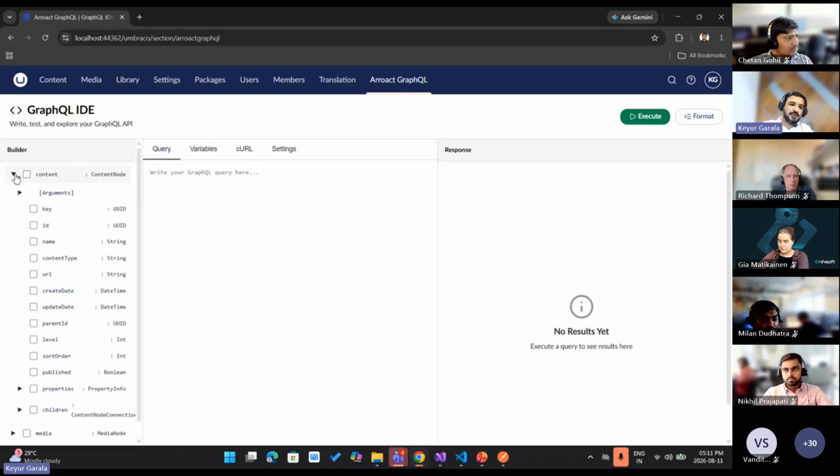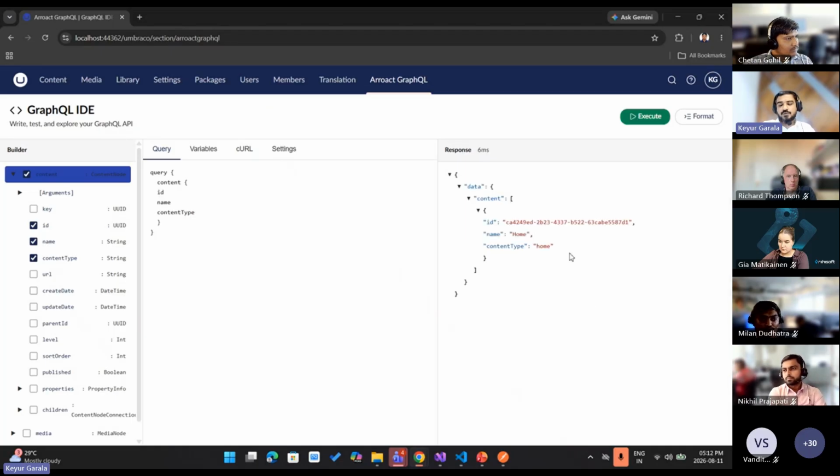To create a query, you just need to select these checkboxes. Now, suppose I execute a content query without giving any parameter. By default, it gives you the root page or root content of your Umbraco. This is simple. You just need to copy this query and use it in your front end side. Now let's make some